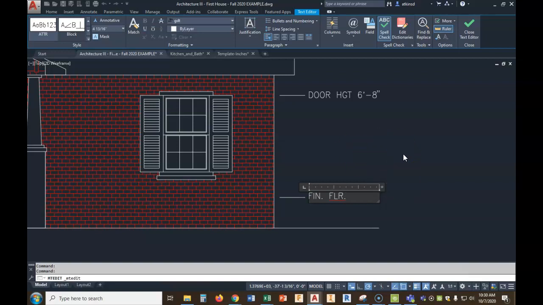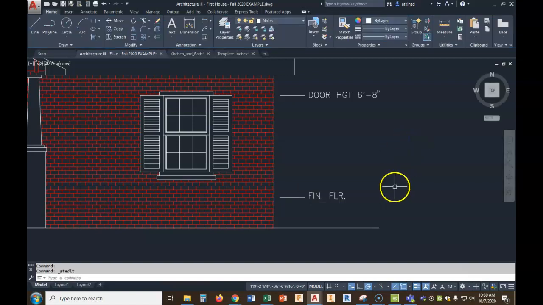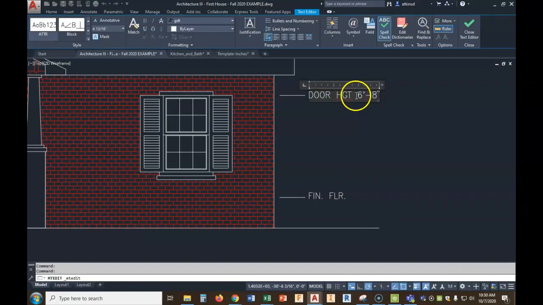And let them know that that height is there. Okay, so at this point now, this is a 0 reading. So I can put in 0 if I want to or not. Okay, so that's our finished floor right there. So what we want to do here for this door height, we can say 6 feet 8